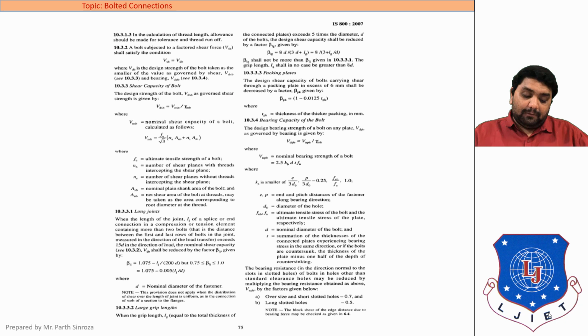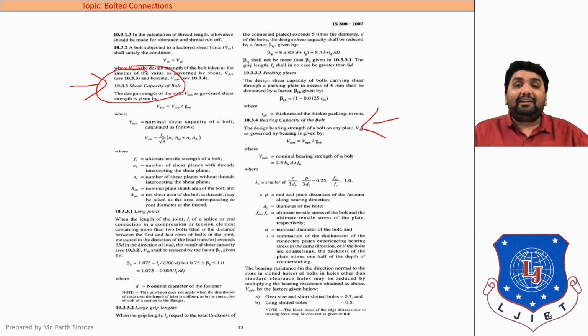So moving further, you will be referring to this page for the entire bolt connection. So pause this video and move on to page number 75 of your IS code. On page number 75 you can see that two equations we will be dealing with. The first, 10.3.3, is the shear capacity of bolt. So the first thing we will be calculating in each and every step of the entire chapter is the shear capacity of bolt. The equations are prescribed, and what these values are is also prescribed. So we will just substitute these values and calculate the shear capacity of bolt.